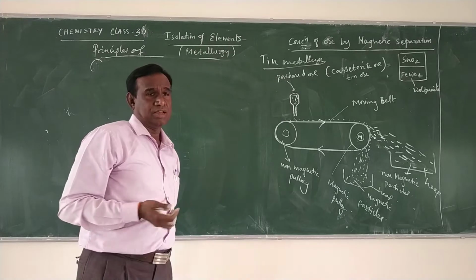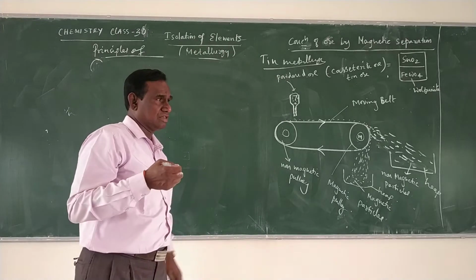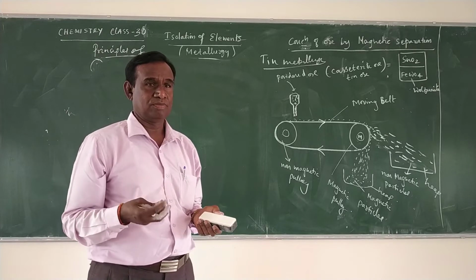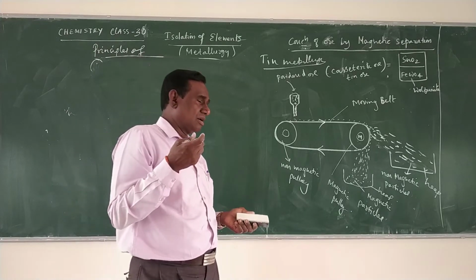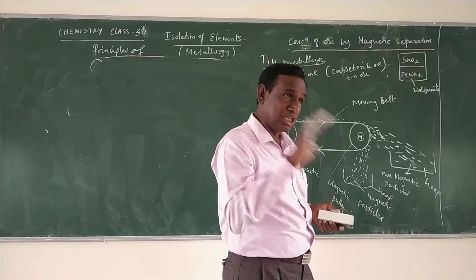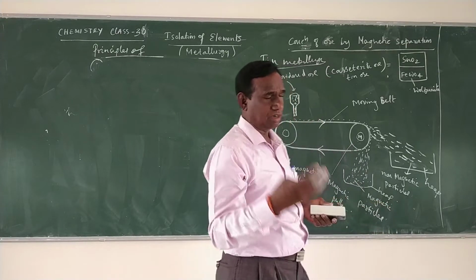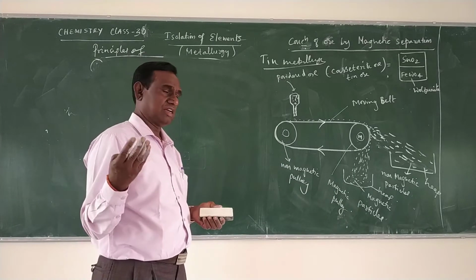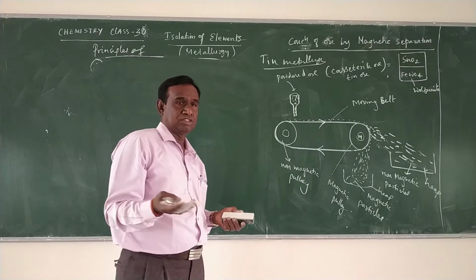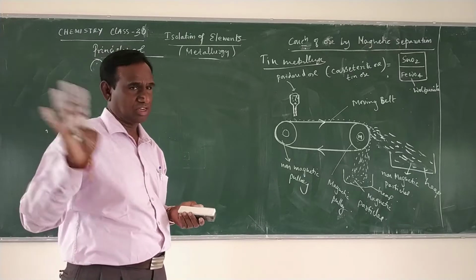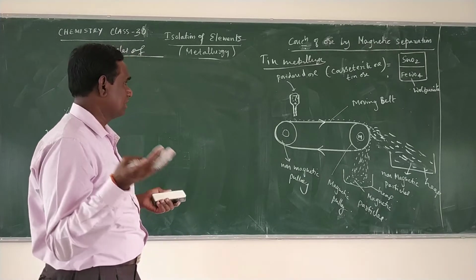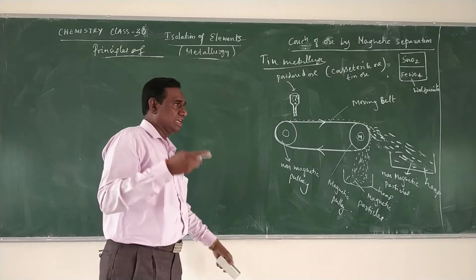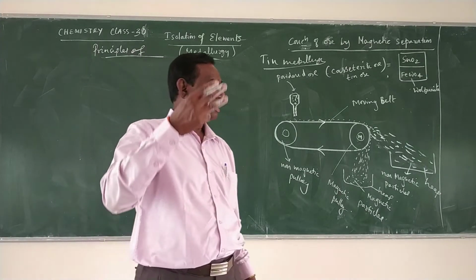In addition to this, we have one more purification method that is also adopted. That is called the leaching process. What is that? Leaching. That is the purification of the bauxite ore by the leaching process. But I have already taught it in the last class. In the last class, we took the purification of bauxite ore and aluminum extraction. We have taken it already. Okay. The leaching process consists of three steps.